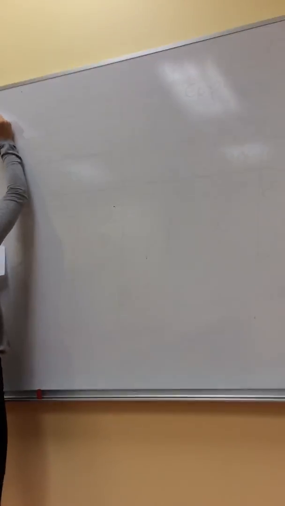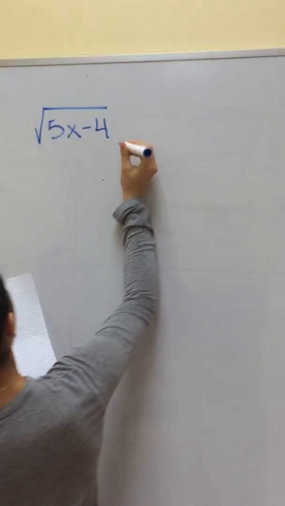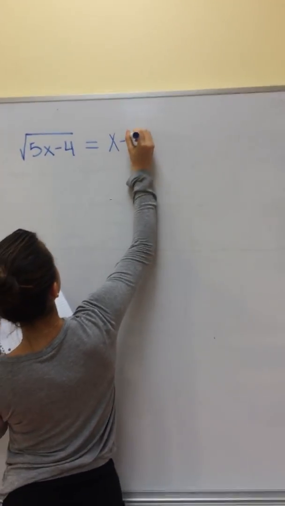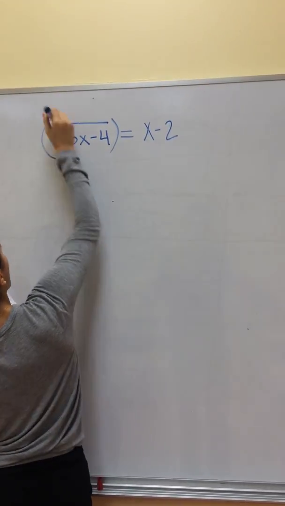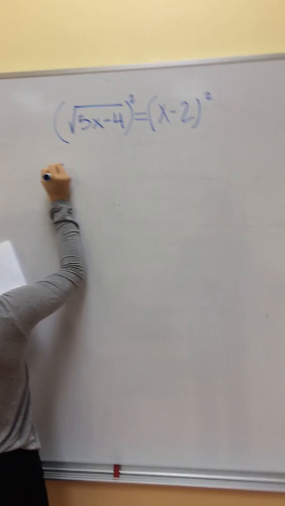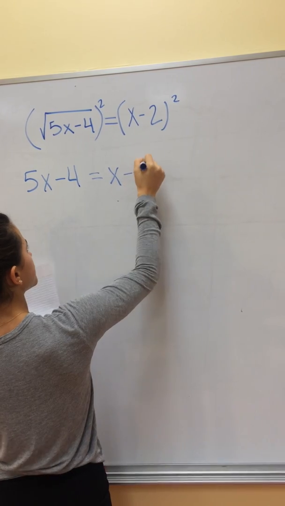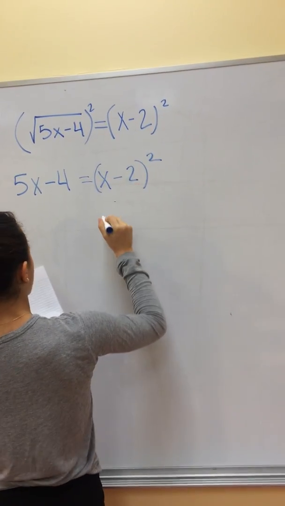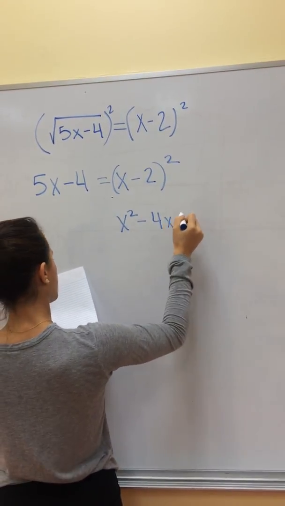The example I have for you is radical 5x minus 4 equals x minus 2. In order to solve for the x, you have to square both sides, giving you an extra root. This becomes 5x minus 4 equals (x minus 2) squared. Now, foiling out, x minus 2 squared becomes x squared minus 4x plus 4